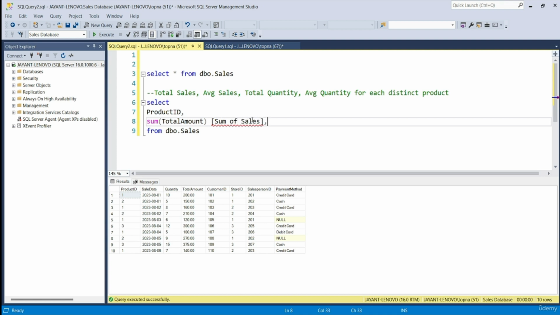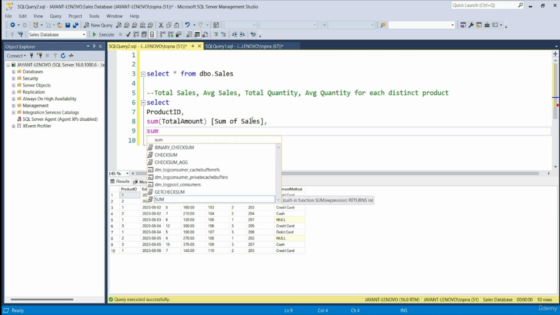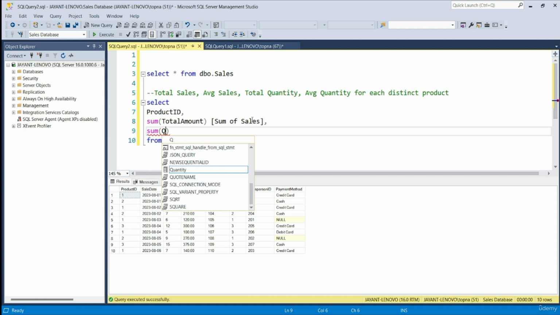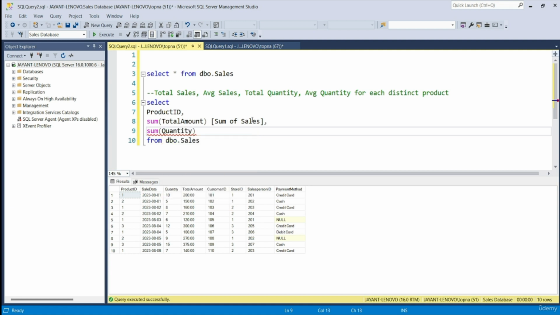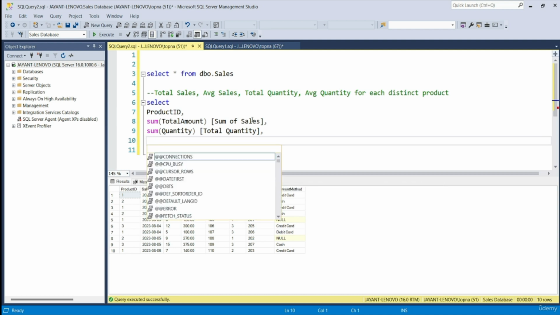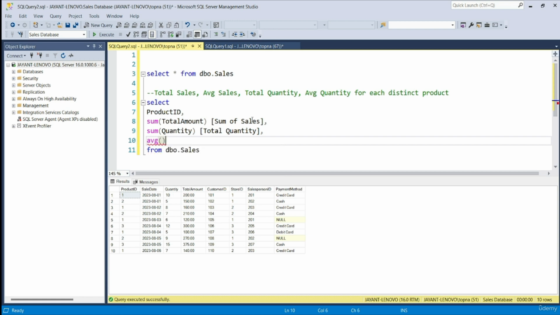then comma, press enter, sum, bracket open, bracket close, quantity. And then inside these square brackets, we can write total quantity. Then after this, comma, press enter, come to the next line. Then we have average. So we can write AVG, bracket open, bracket close. Then we have total amount. So inside these square brackets, we can write average or AVG amount,